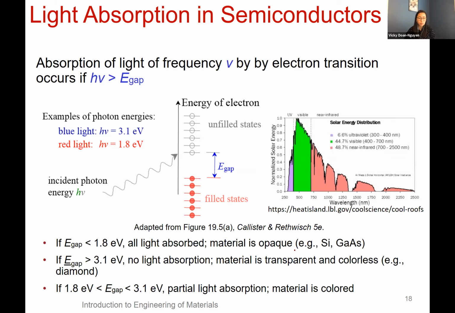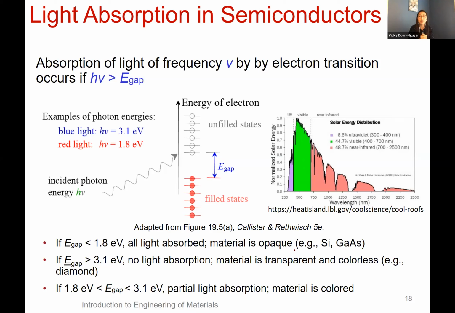And so here, the absorption of light frequency, nu, by the electron transition can only occur if the incident photon has an energy, h nu, that's larger than the band gap, right? We talked about semiconductors having different band gaps. Insulators have really large band gaps, metals have 0 band gap, and semiconductors have something in between. And so if its energy is larger than that of the band gap of your material,